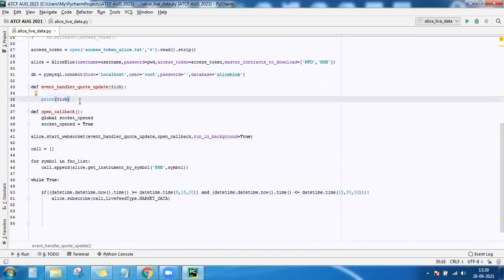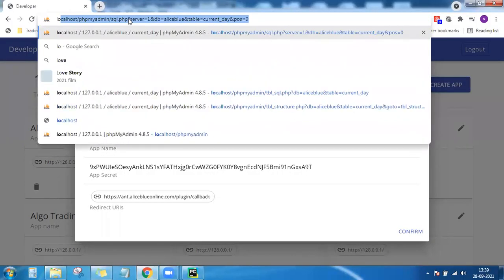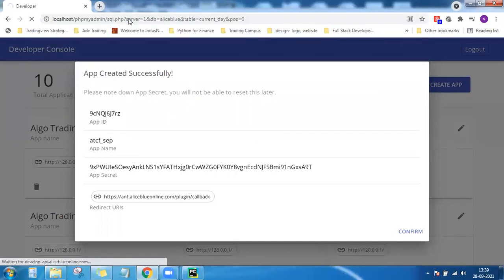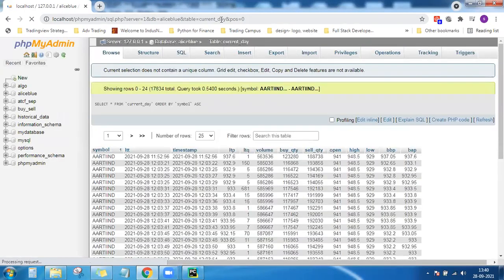So now what we want to do is store it in the MySQL database. So I'll show you what I have created. I have created a database called Alice Blue and a table called current_day.